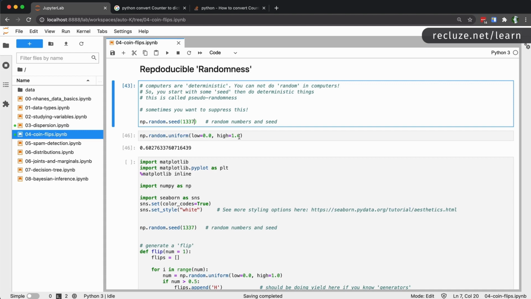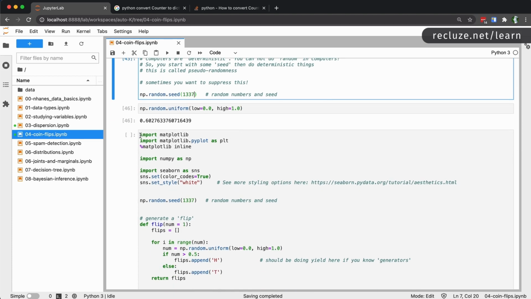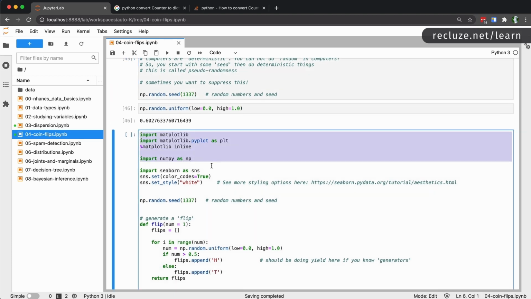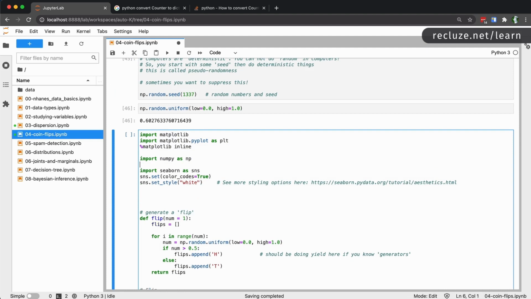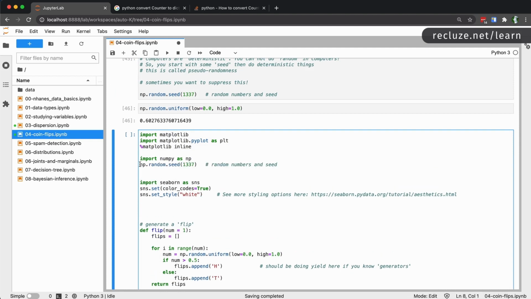So this was a very important concept that we've covered in this video. Whenever you're doing an experiment, the way you do this is, we're going to write the whole code again. So matplotlib, numpy, and as soon as you import numpy, or np, whatever you want to call it, you immediately go ahead and set np.random.seed to some particular number. You're going to see this pattern again and again in data science and machine learning code. You just need to remember that you have to do this to make your code have reproducible randomness.